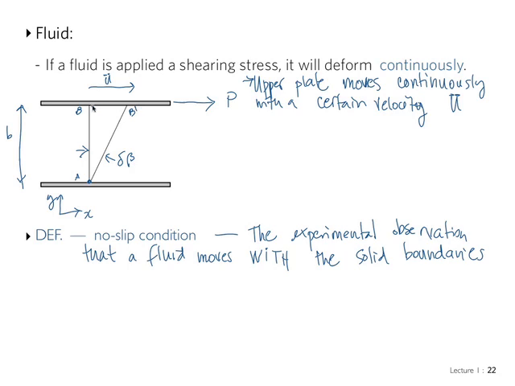So the top layer of fluid, which is right next to the top plate, is going to move with velocity U, capital U, and the layer of fluid which is right next to the bottom plate is not going to have any velocity. It's just static there. In between the top and the bottom plate, we will have a velocity,